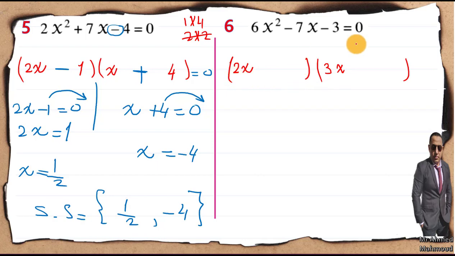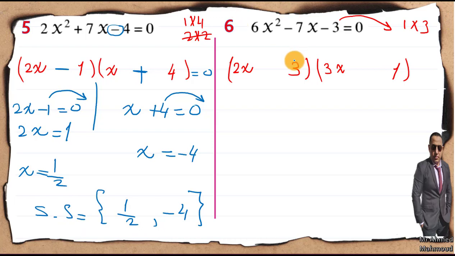Here 3 equals 1 times 3. Remember, it's not allowed to write 3 here because I will have 3 and 3 in the same bracket. So I'm going to write 3 here and 1 here and check by using the means and extremes